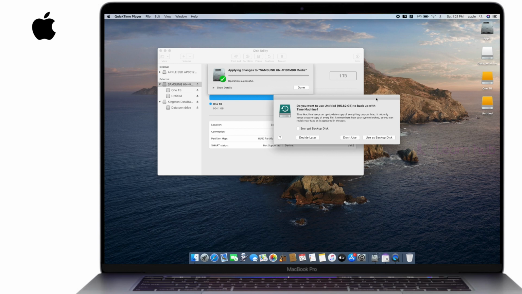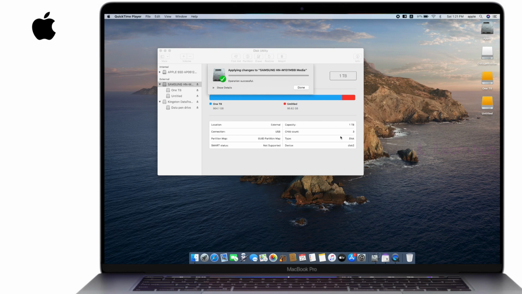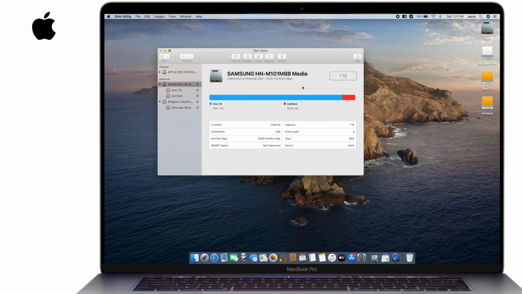In case you need Time Machine backup, you can use it as a backup disk, or you can decide later. I'm going to cover Time Machine in another video. So for the time being, I'll simply say Don't Use. Okay, now once it is completed, you can see that there are two partitions.